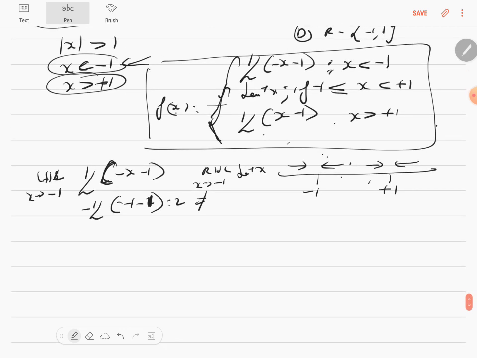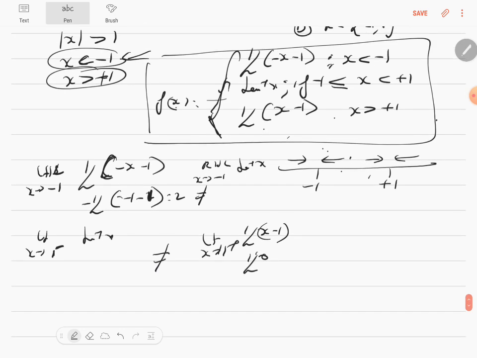So then let's go to limit of x tends to 1 from the left, and limit of x tends to 1 from the right. Let's check both the left hand and the right hand limit. For the left hand, tan inverse of x. For the right hand, it's a linear function. Now obviously this will be tan inverse of 1, and this will be half of 1 minus 1, which is 0. And the left hand limit is not equal to the right hand limit. This concludes that it's not continuous at the points minus 1 and plus 1,